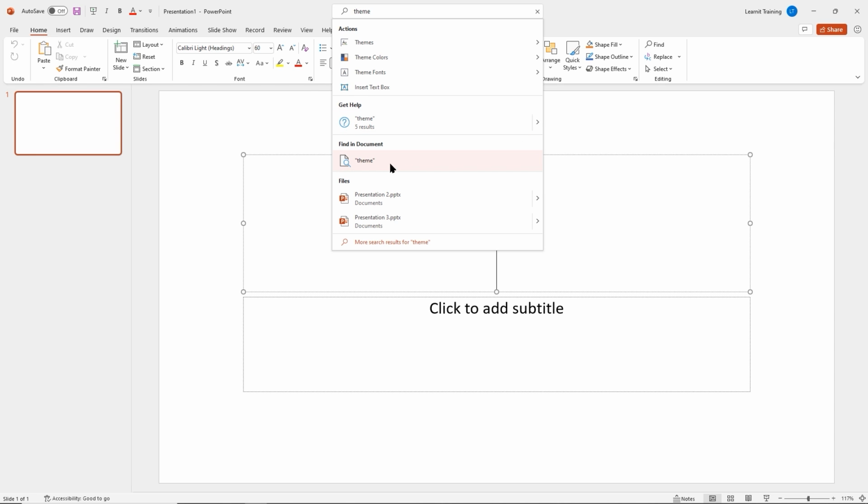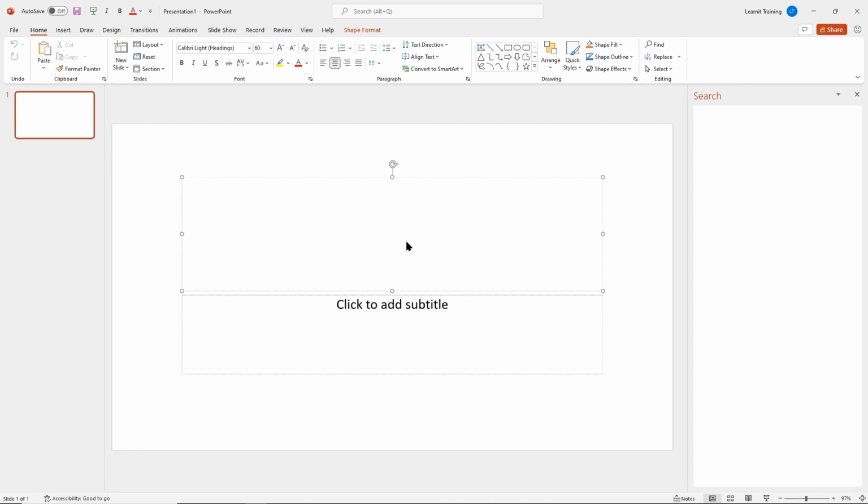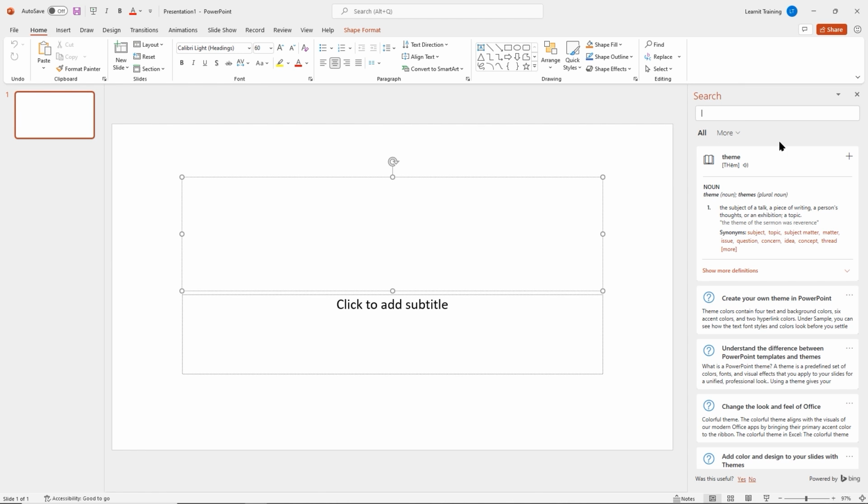If I wanted to go ahead and look for the word theme in my presentation, I can go ahead and look for it as well. And then there's some files that PowerPoint is searching based on that keyword. Maybe there's a file that corresponds to that theme here as well. And if I wanted more options here, I can get more search results such as definitions, images, and more from Microsoft Bing. So if I click on there, it opens up a little sidebar here for me, a side pane,